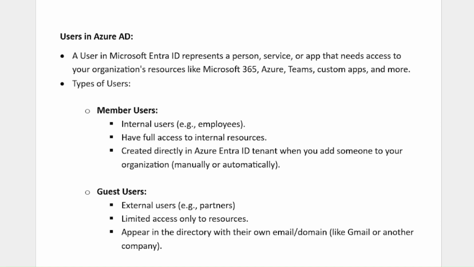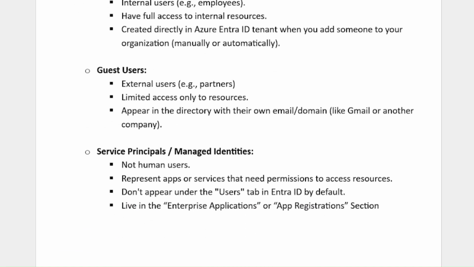Now let's talk about the guest users. Guest users are basically external users like a different company partner or a guest that is invited to join a meeting or work on any kind of resource that your organization people can handle. In that type of scenario, we use guest users, and the guest user has limited access to the resources, only that much access that you provide to the guest user.